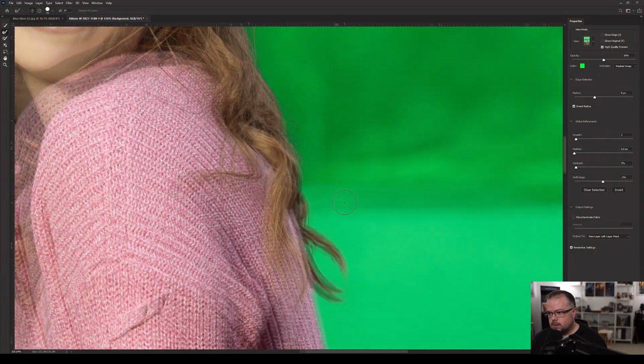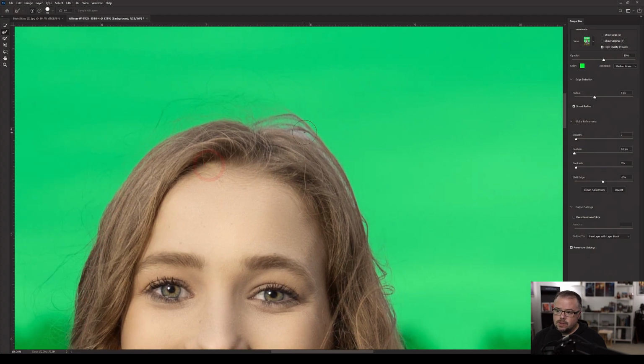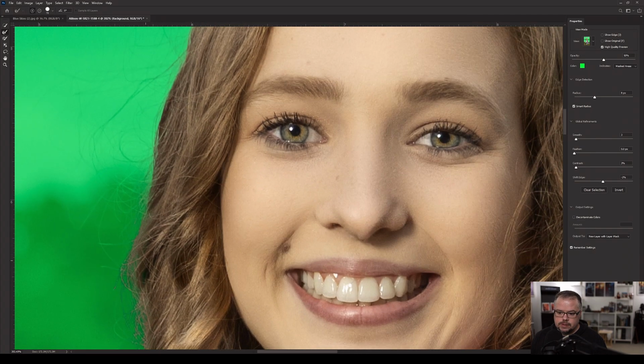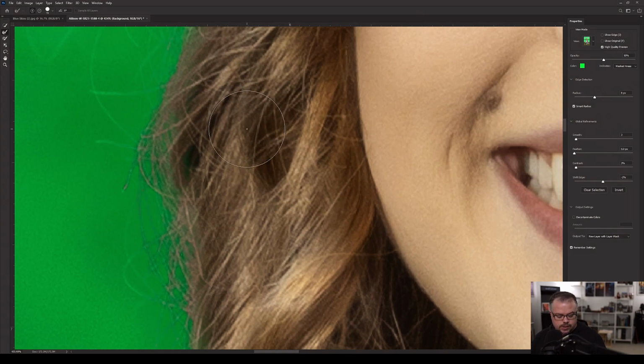I'm going to zoom in and just make sure that there's nothing else too egregious. This is part of what I was talking about, because as we look at this, a lot of haloing is taking place as Adobe Sensei tries to figure out what it needs to keep and what needs to go away. So these brown pixels are the strands of hair. These darker greenish bluish ones is the trees in the background. It doesn't know how to distinguish between those at this fine, minute level, at this stage of development of Adobe